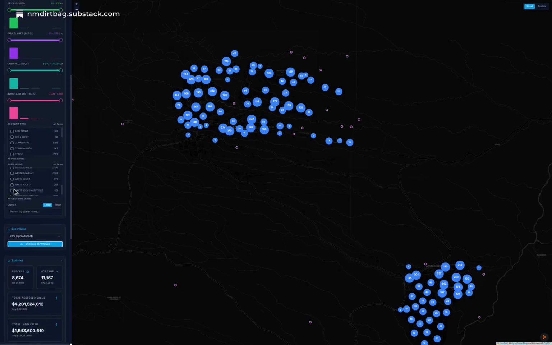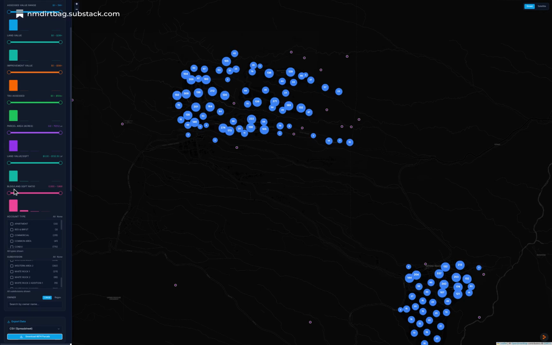So I want to look at land value per square foot. I've got this idea that land value should basically be uniform, or close to the same, in the same area. So you and your neighbor should have roughly the same land value per square foot. There's not really much that changes about the dirt, and so just to be clear on terminology here,